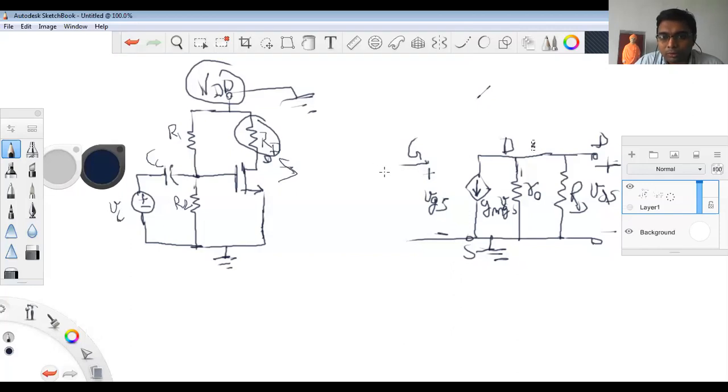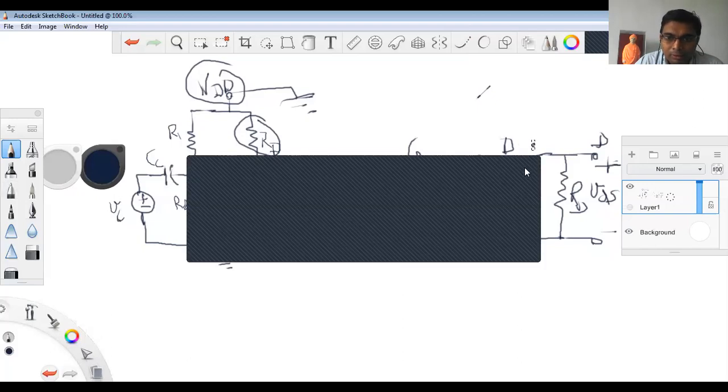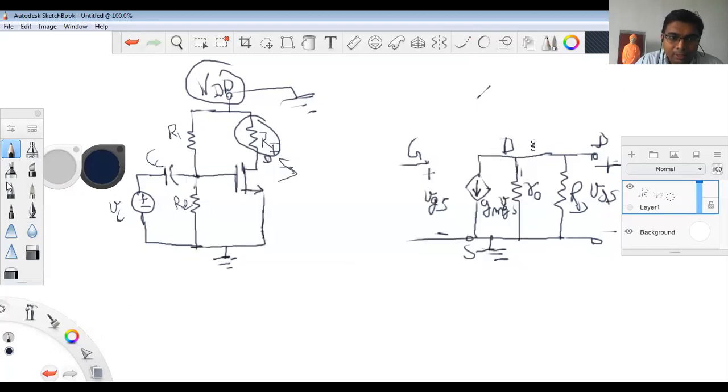Now you have to show the input side of the element. This is the output side of the element. So as we are applying the AC current here, because of this AC voltage, this capacitor would be acting as a short circuit. It would be acting as a short circuit. Okay, so in this case, it would be acting as a short circuit.